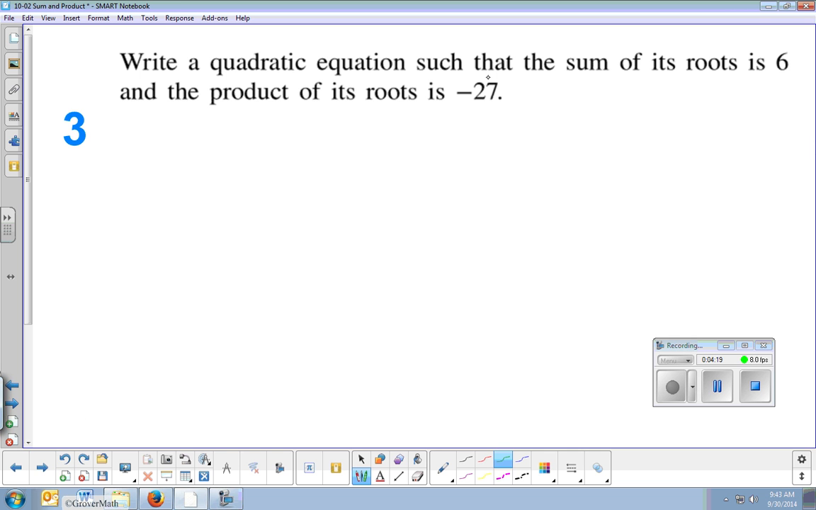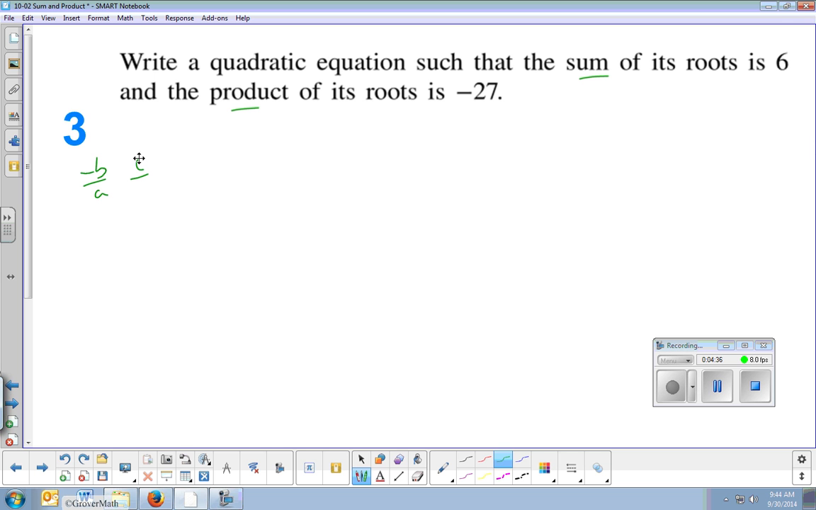So write a quadratic equation from the sum and the product. The sum of the roots is 6. The product of the roots is negative 27. I do not know what the actual roots are. I could probably figure it out, but I don't need to right now, because along with our negative b over a